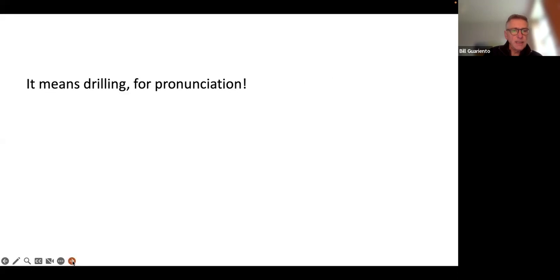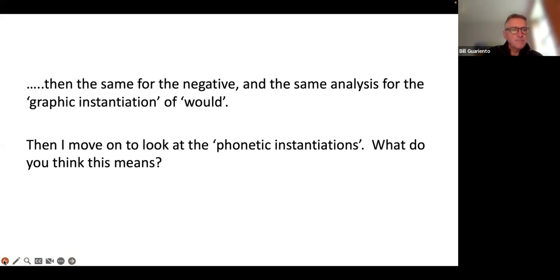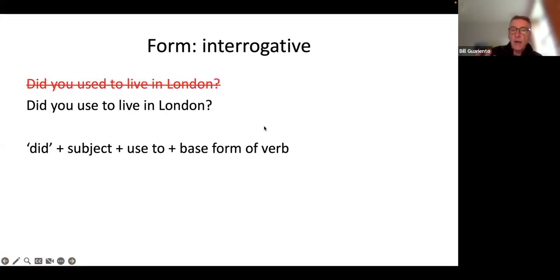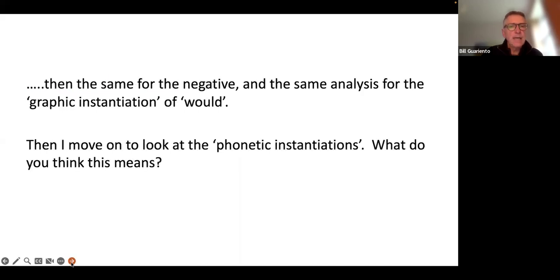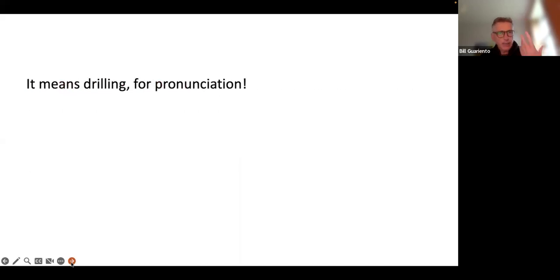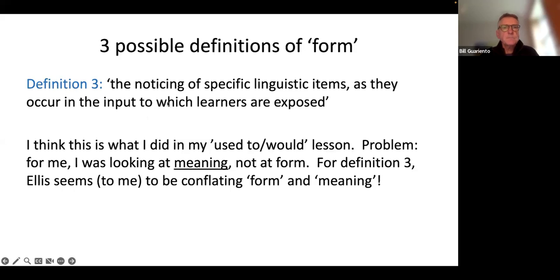So normally my lesson starts with meaning, you know, the state and action difference that we did last week. And then I look at the graphic instantiation, how to write it, the grammar. And then finally, I look at how to pronounce it with the students. I didn't have time last week to do all of that. So now,